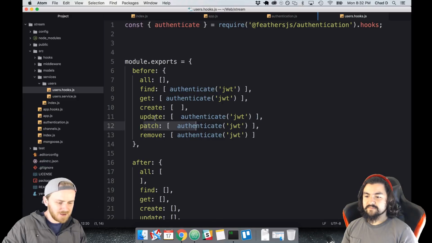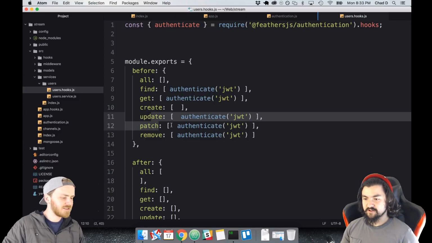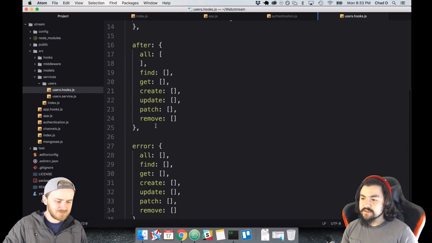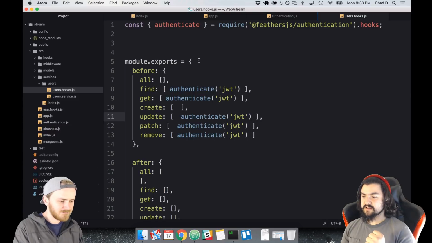Patch. Each of them, they have update and patch. I believe update is when you send everything. Yeah, right? Send all of the fields. Okay. And then patch is you're only updating a specific column. Cool. Yeah, and you have hooks for errors too. All right, let's check out